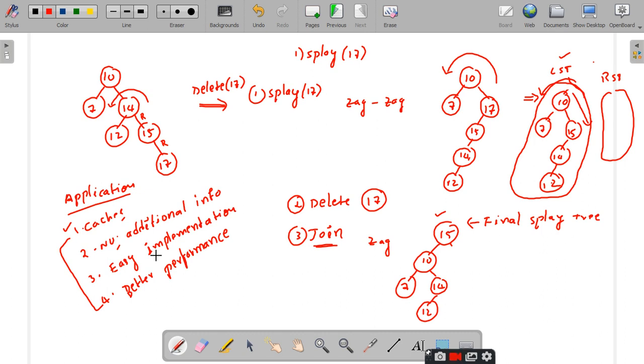Yes, sir. And can anybody tell me what is the drawback of this one? Anybody? Height is not balanced, sir. Super, right. This is not height balanced, even though we are saying that it is a self adjusted binary search tree, but this is not strictly height balanced. Am I right or not?